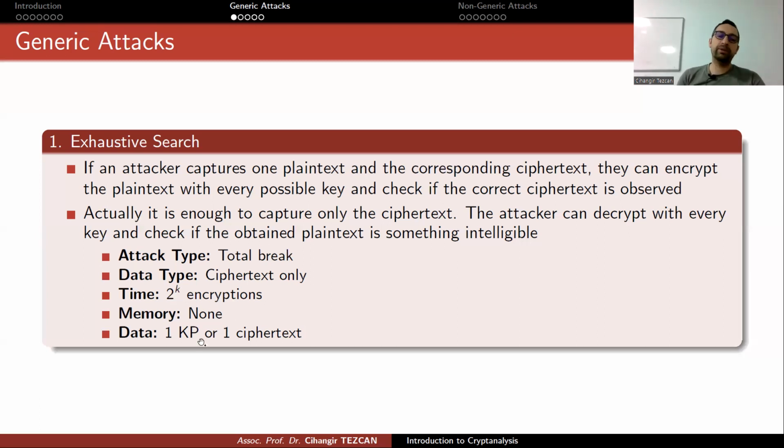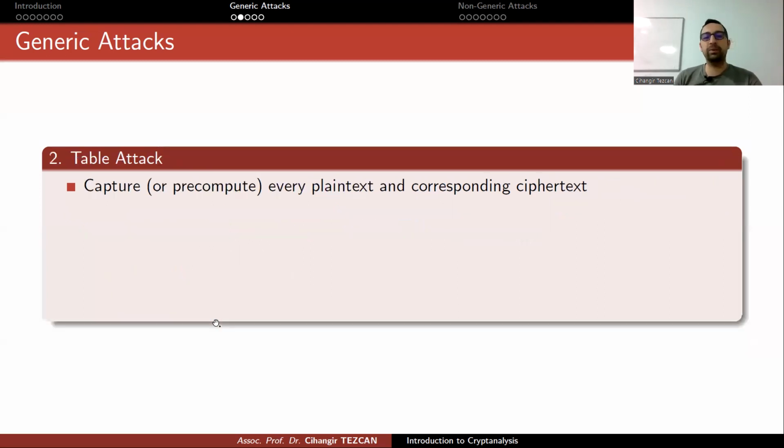But something on the opposite can also happen. So this I will call a table attack, sometimes referred to as a dictionary attack. In this scenario, you capture or somehow pre-compute every plaintext and corresponding ciphertext, but you don't know the secret key, okay? So listen to communication for a very long time. Assume that the block size is really small. So you observe every possible plaintext and corresponding ciphertext somehow, but you don't know the secret key. With this, you can store them in a sorted table. You can sort them either on the plaintext or on the ciphertext side. So your table will be a list of plaintexts and corresponding ciphertexts in a sorted manner.